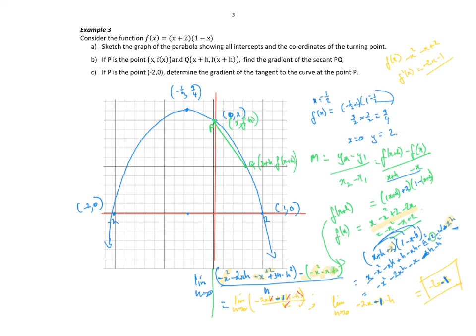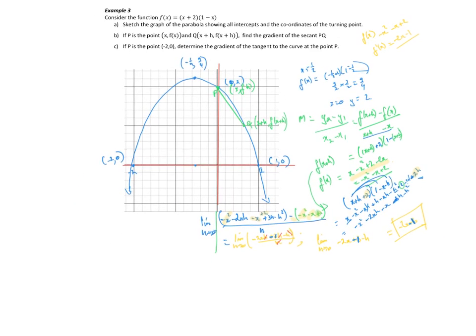All right, now that we've managed to fix that, if P is the point negative 2, 0, determine the gradient of the tangent to the curve at the point P. So that's easy. It's easy for me. We're saying that x is equal to negative 2. Yeah? So I've got a rule here that says the limit as h approaches 0 of, well, actually not f dash of x,